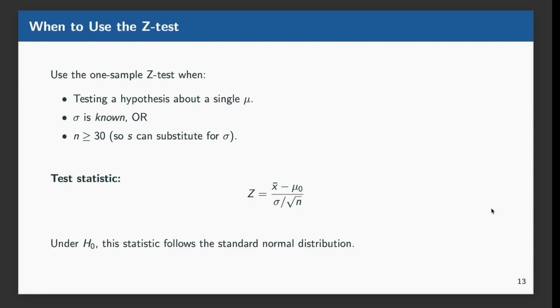Our test statistic, the single number we calculate from our sample and then compare directly against a critical value, looks exactly like the standardizing formula from week 3. There is one small twist to notice here. Z equals x bar minus mu 0, divided by sigma over the square root of n. Notice that mu 0 specifically, that is the hypothesized value taken straight from H0, not the unknown true mu we are ultimately chasing after. Under H0, this z statistic follows the exact same standard normal distribution we already know well